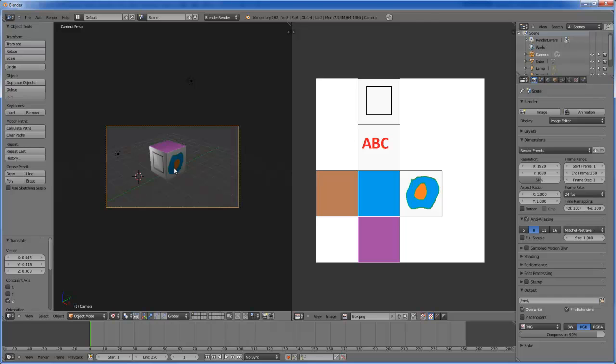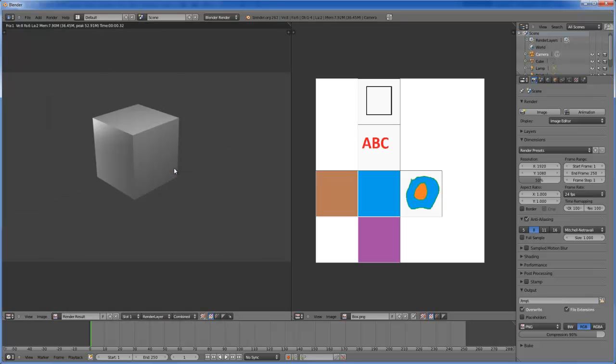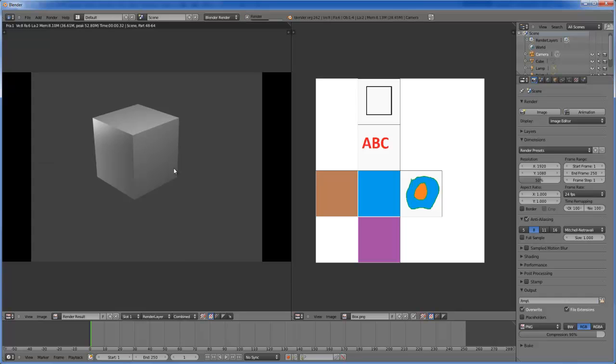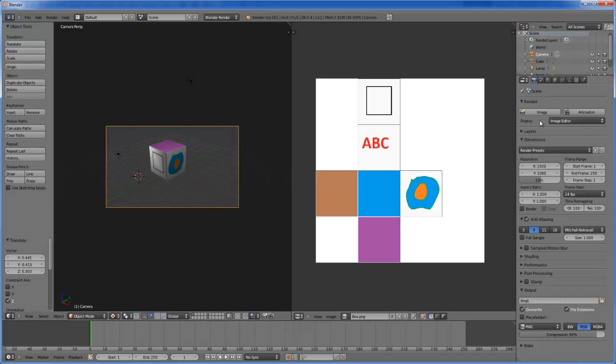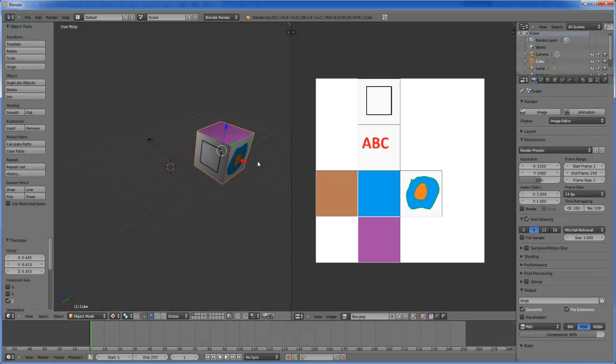Pressing F12, and notice that the texture is only in the viewport and not actually recorded on the render, because we haven't actually applied the texture onto the material. So what we're going to have to do now is select this box, right mouse click to select it,